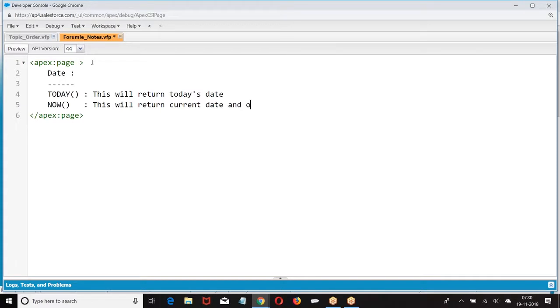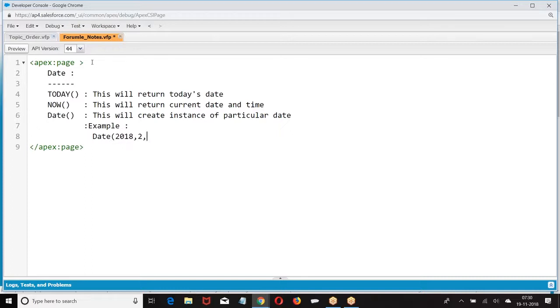All these are predefined functions. Date creates an instance of a date. For example, we can create the date 2018 February 23rd.